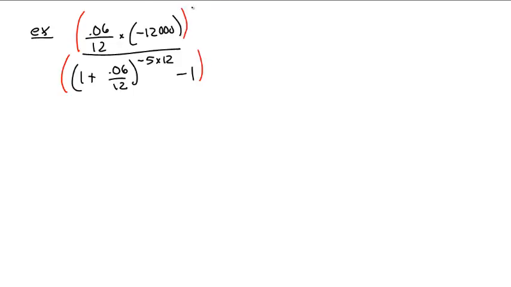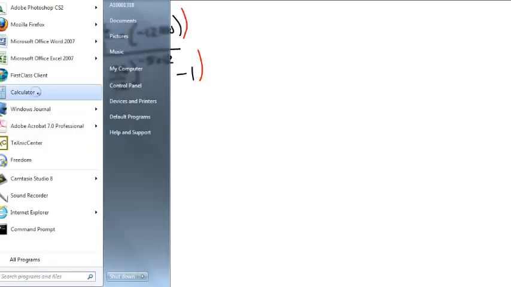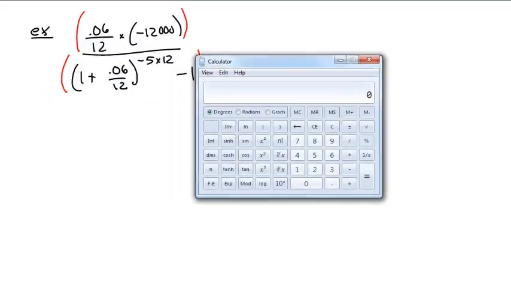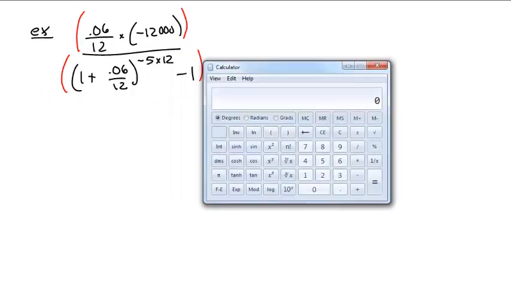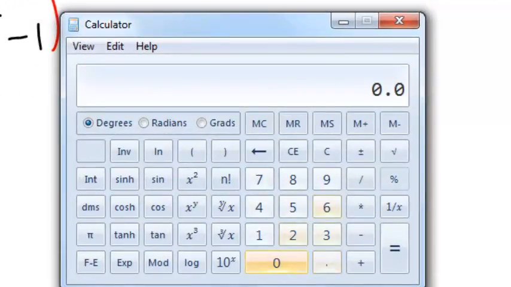Let's see, let's start in the top. We first divide and then we multiply. This can be done all in one go. We could say 0.06 divided by 12 equals, and then times 12,000 negative. You can't put the negative sign first in a cheaper calculator like this because it just makes the